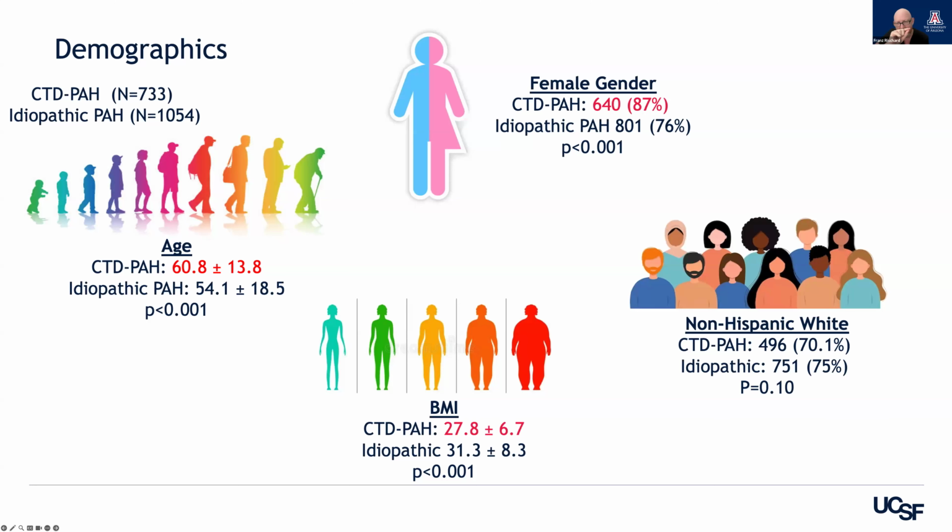Correct, because previously published data indicates typically scleroderma as opposed to maybe some of the other, maybe it's the CTD breakdown. I see. Yeah. So I think it's probably scleroderma related PAH versus scleroderma in general. I don't know if there's more of a trend towards women developing PAH as opposed to other manifestations or complications of scleroderma in general.